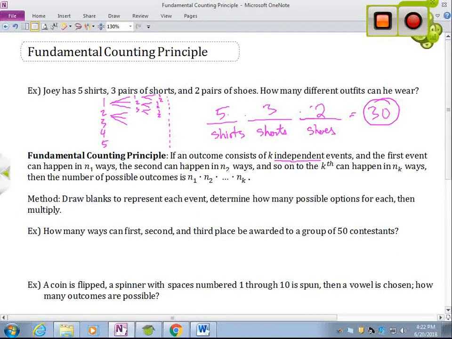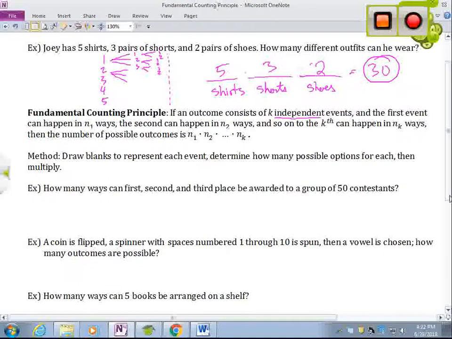Okay, the first can happen in n1 ways, the second can happen in n2 ways, the third would happen in n3 ways, n4, n5, all the way to nk for the kth event, however many k is. Then the number of possible outcomes for all of those events together is going to be the product of the options of each one individually. So n1 times n2 times ...